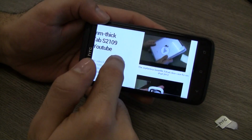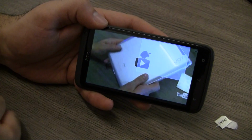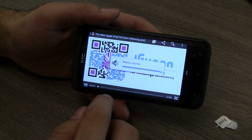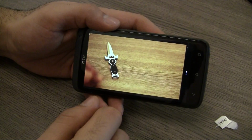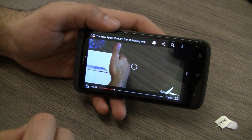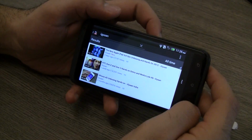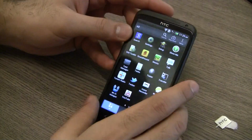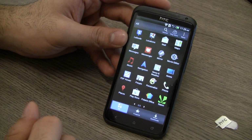So that's that. Let's take a look at the video. Since it supports flash out of the box, it should play the video right off of the screen, and it does do that. And let's quickly tap on the play button over here, and it should play the video. Turn up the volume. So now there seems to be no problem with the device streaming the video, but the audio is really low and it's not as loud as I would like it to be. Maybe there are some changes that I can do,